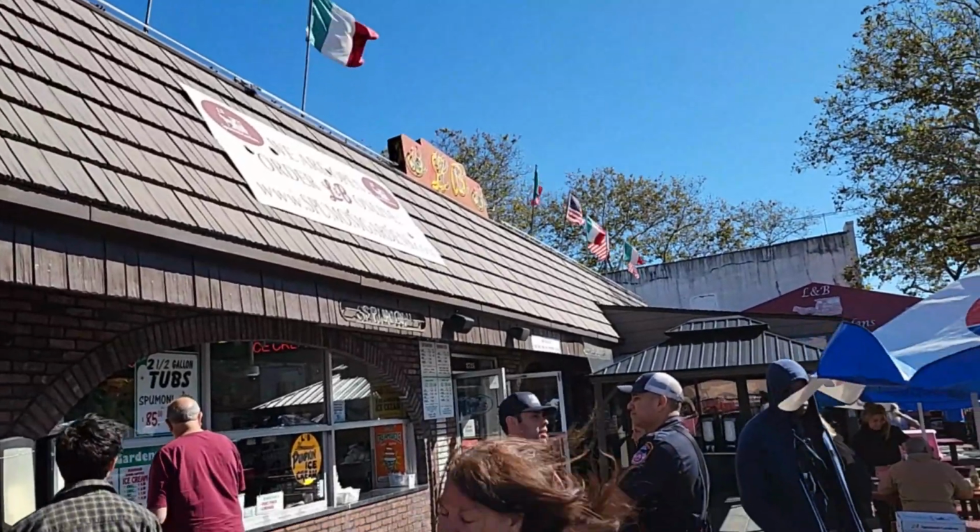Might as well stop by and try out a staple of Brooklyn. They have the square here. Looks like they didn't give me a corner one. They only gave me 2 sides, which is fine. I kind of like the sides. But I wanted to see what everybody raves about. Now let's take a look at the